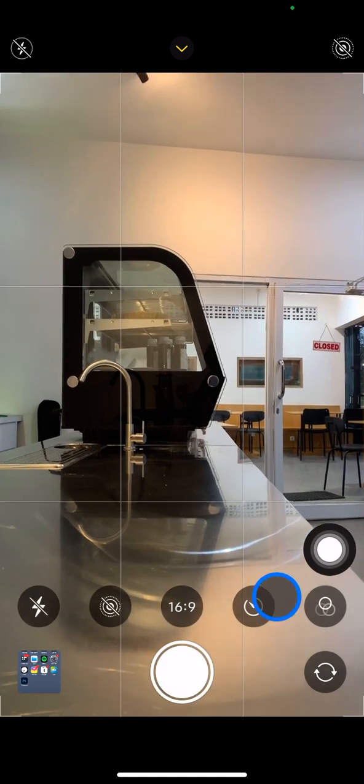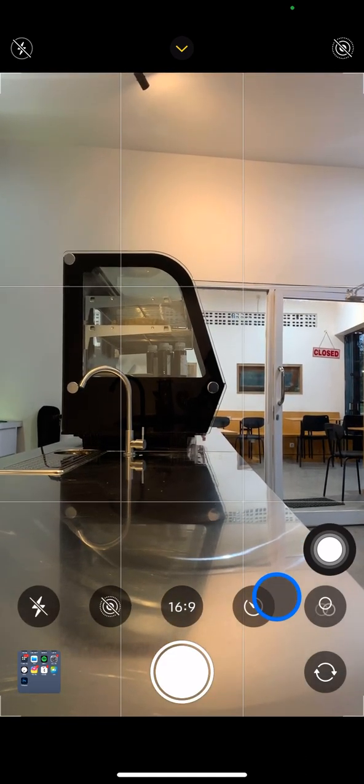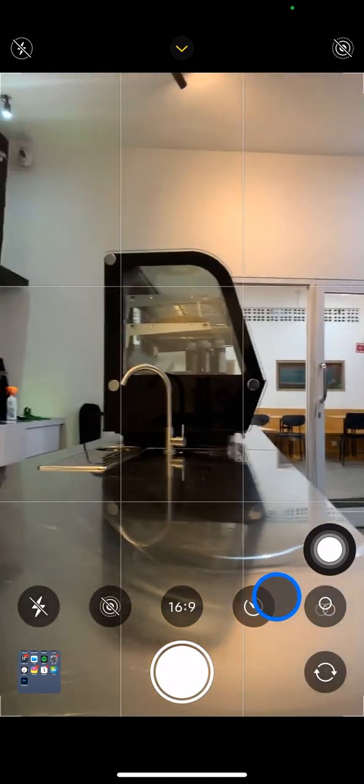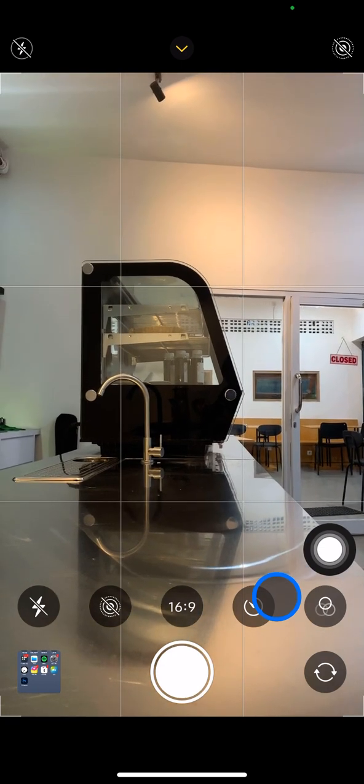And after that, you just need to adjust the position and make sure that you use a tripod so that your camera will be stable, with no extra movement on it. Make sure that your phone stays in the same position. And for the next thing, you just need to